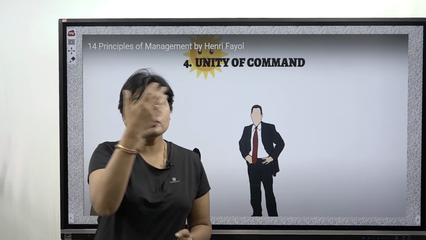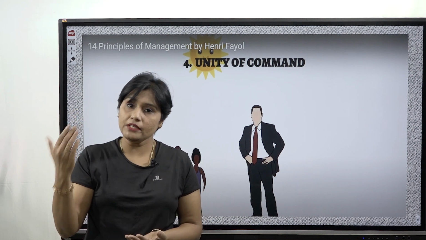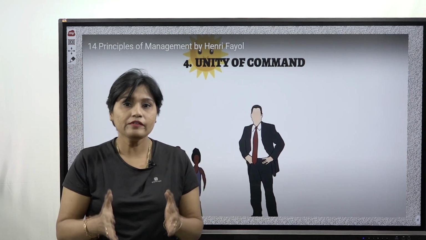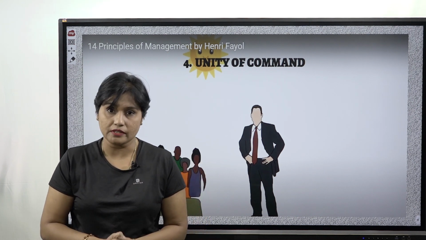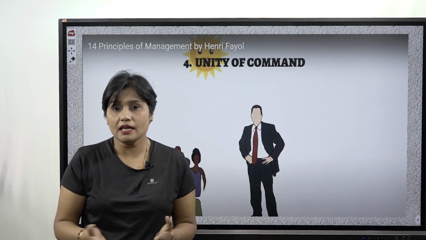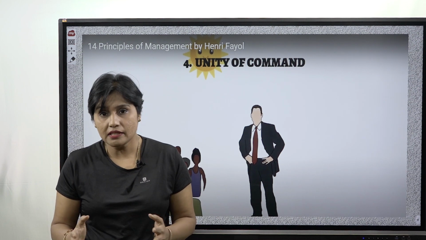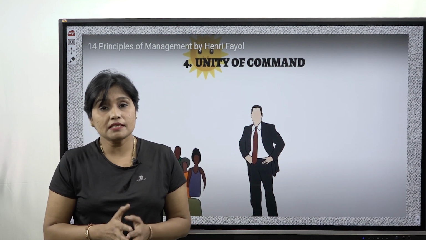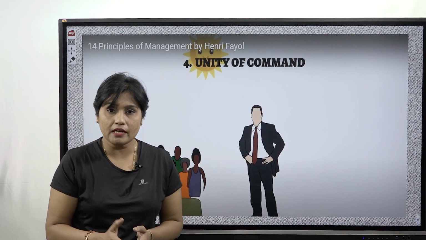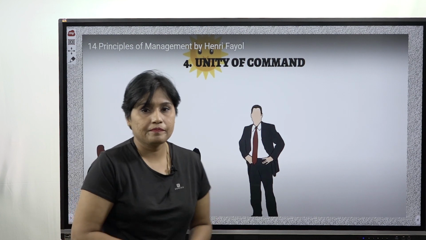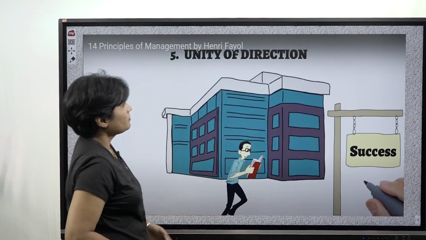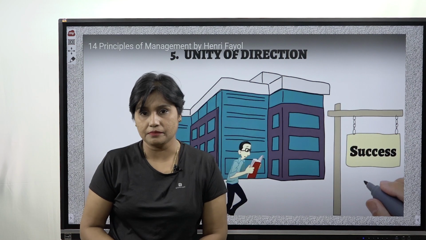Now, manager A also will be delegating the work, manager B also will be delegating the work. Employee will find it more difficult as to whose orders have to be carried out first. So, that will be a major task. So, in order to avoid this, unity of command plays a major role. Now, to summarize, what is unity of command? One man, one head.